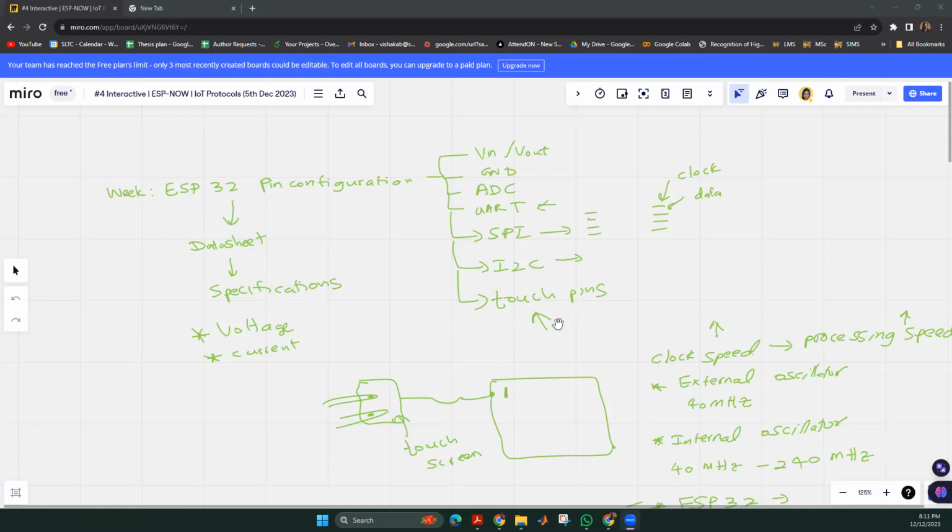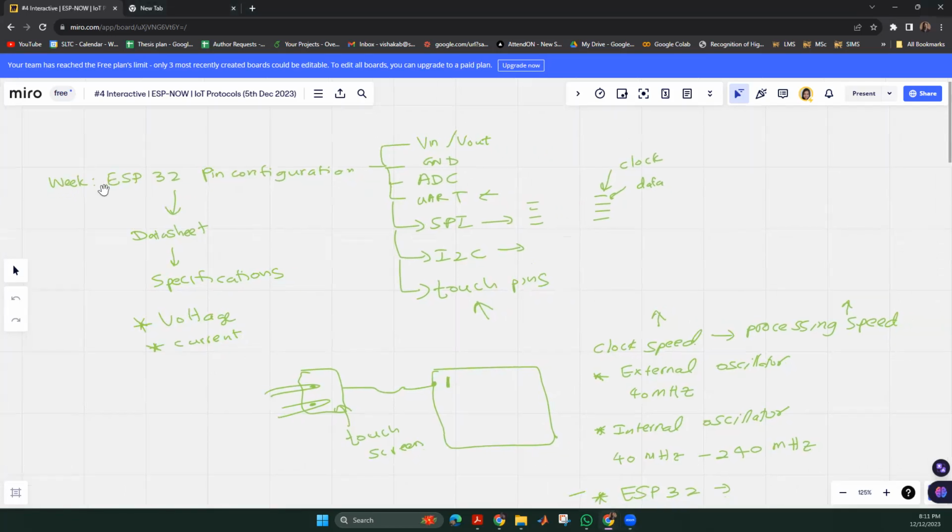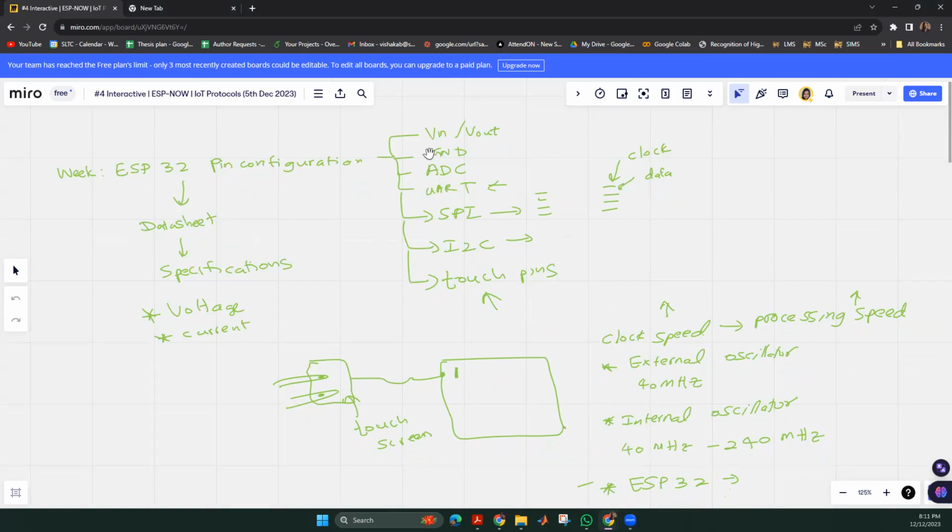There are many differences between the ESP32 and the Node MCU microcontroller, I would say. Voltage pins, ground pins, ADC pins are available in most microcontrollers. And also, UART connection pins, SPI connection pins, I2C connection pins are available in some microcontrollers.